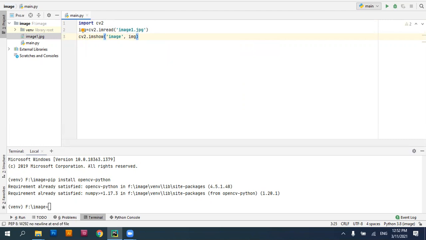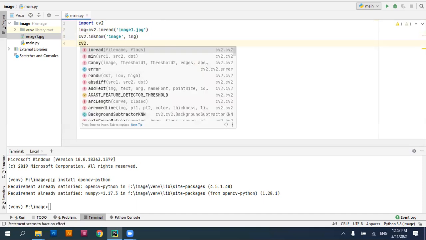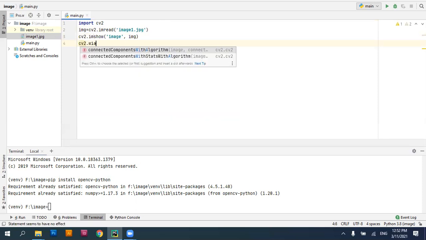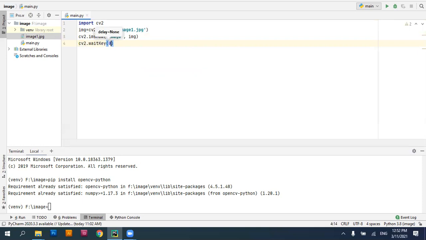Your image will be displayed in a window, and I'll be using another inbuilt function called waitKey to sustain my image window till I press any key. So I'll be using cv2.waitKey, where I have to specify the delay. I'll give the delay as 0, and this 0 indicates to sustain your image window till you press any key.